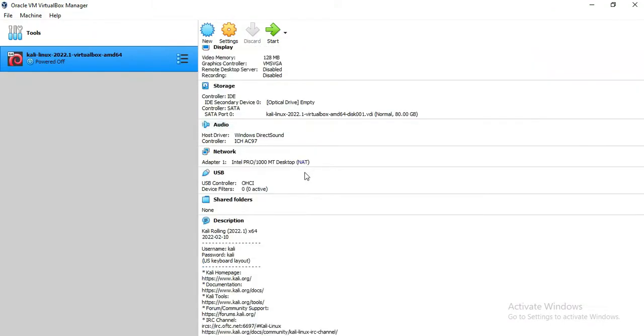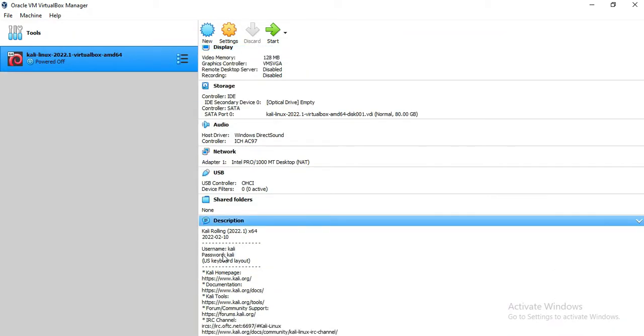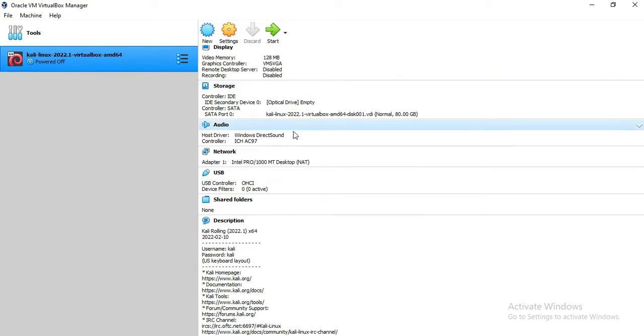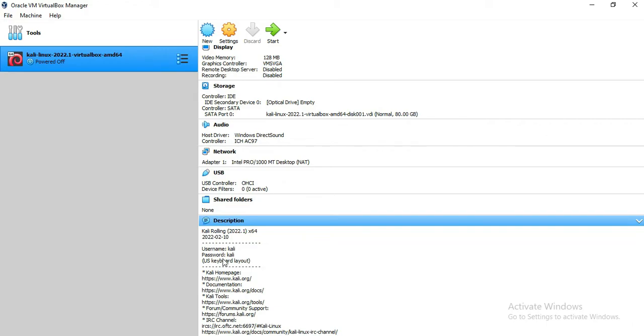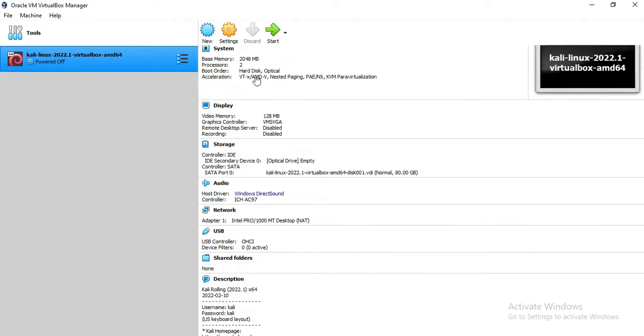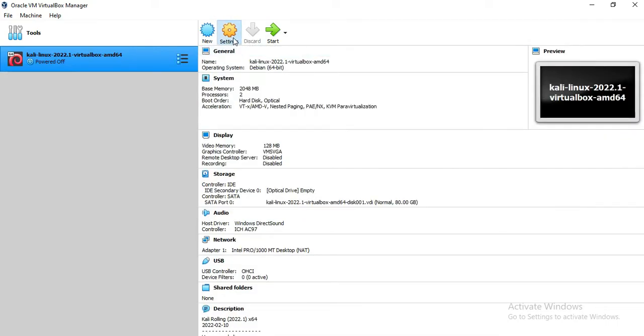In every installation the username and password are default, and you can find them here. You can see the Kali username is Kali and the password is also Kali. This is the default in every installation. So Kali is our username and password. Nothing to do here, you can find it here, or if you can't find it in settings,